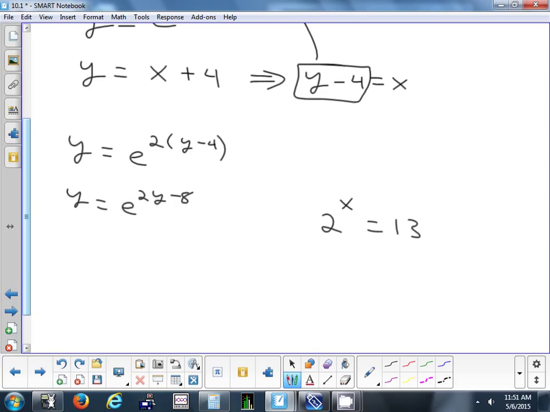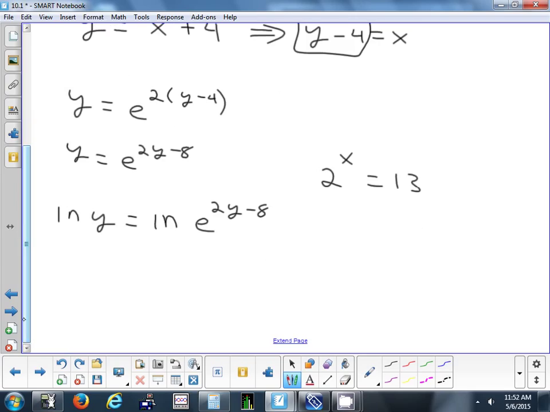Since we have e in this problem, using ln might be a good idea. So let's take the natural log of both sides. The natural log on the left, and the natural log on the right. Look at the right-hand side. When you take the natural log of e to a power, one of our properties of exponents we talked about, this whole part cancels out. So all you're left with is the natural log of y